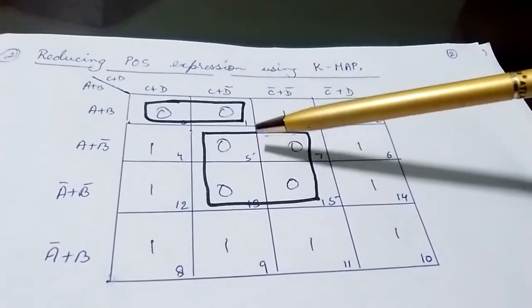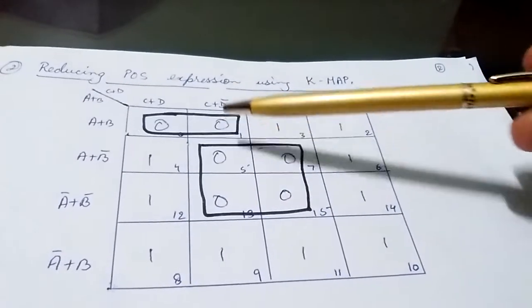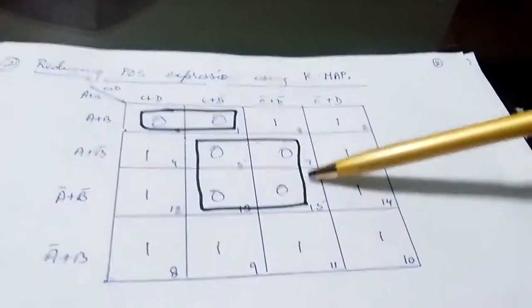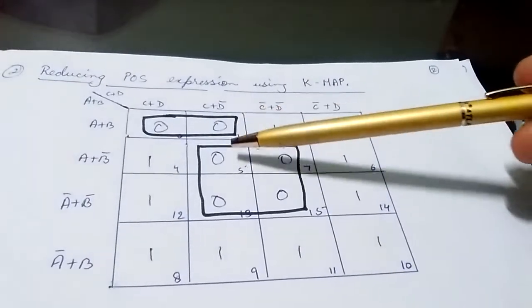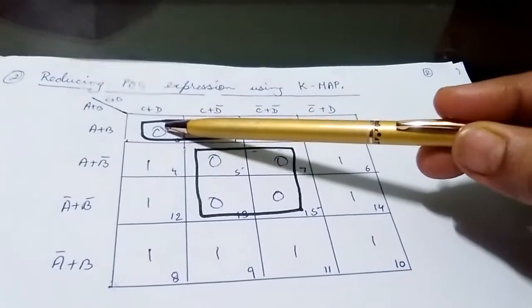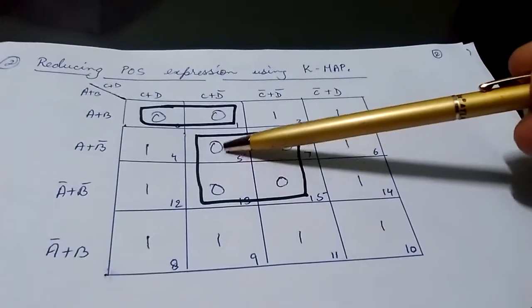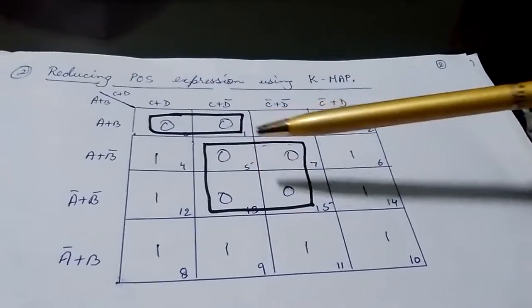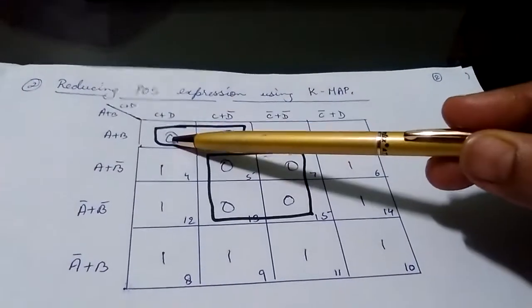Now it is important to understand. Some of you would have thought, why not this also? If all the members of your quad or a pair are already in a grouping, we do not go for the overlapping technique. So if there is no 0 here, then we would have gone for an overlapping technique and made a pair, making use of one of the quad members. But this is not possible for this combination, as it is already having a 0 here.